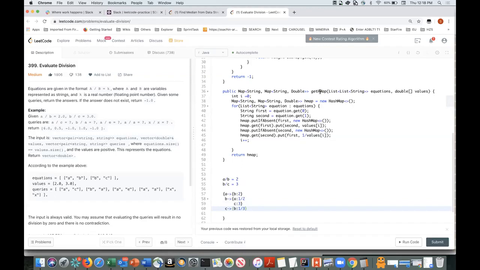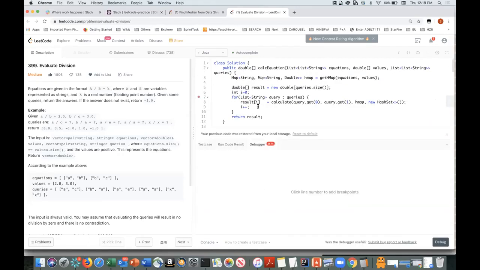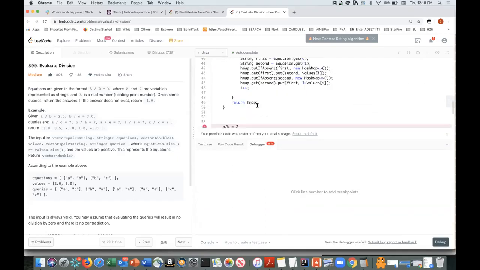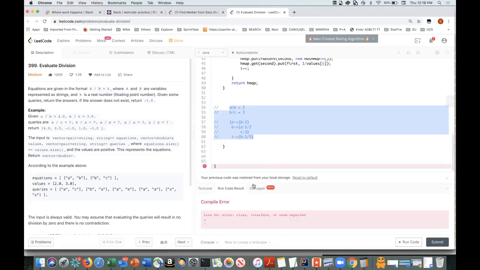So that is what I did here, preparing this map. I get the 0th element and the first element, which is A and B, and just put them into my hash map. And I have this hash map ready at this particular line. And then while solving these queries, you will just see the key, what is required first, and then I just need to traverse this hash map now. So I was just trying to show this.